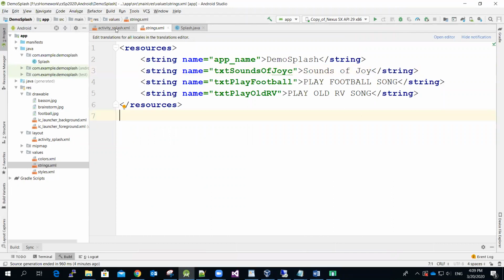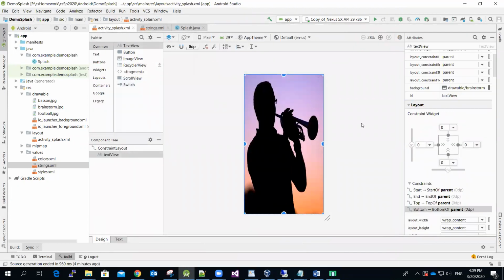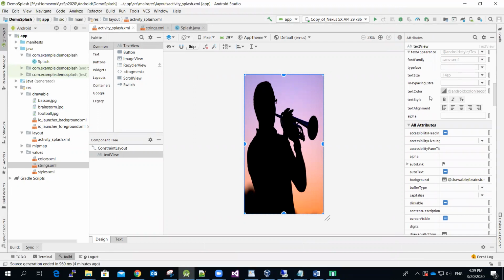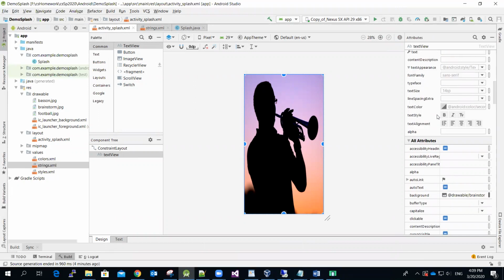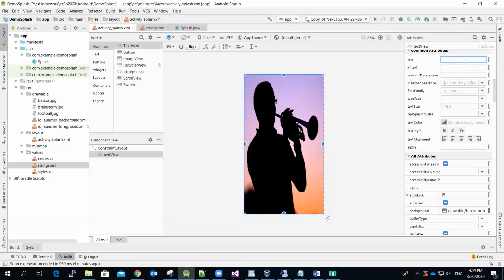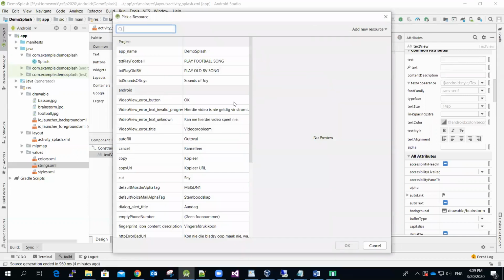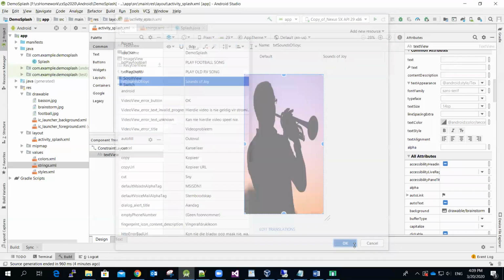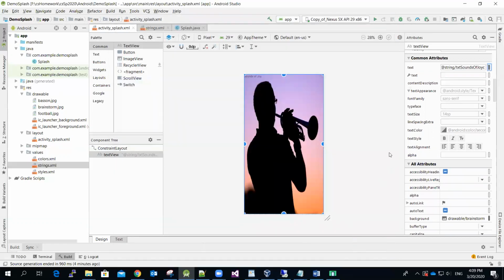All right, and then let me switch back and try it one more time. Let me look for the text value. There you go. Text value, and select the text, sounds of joy. All right, and you can see that